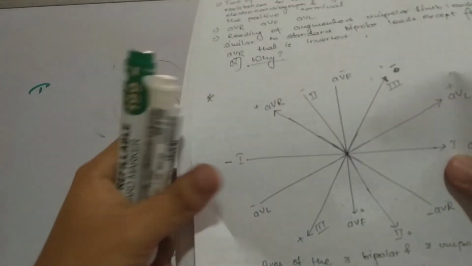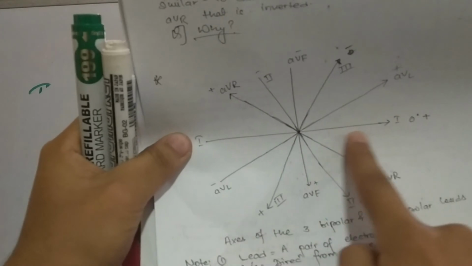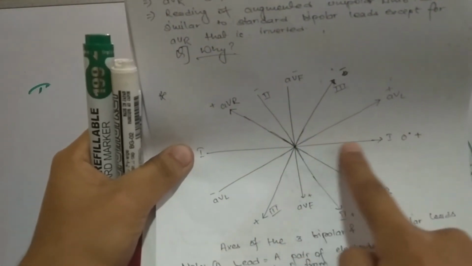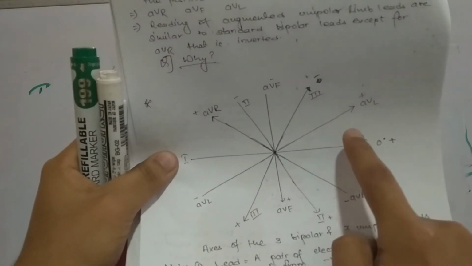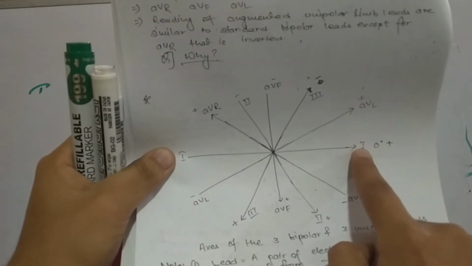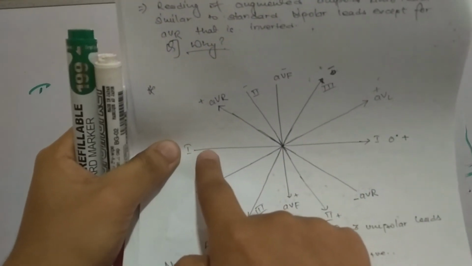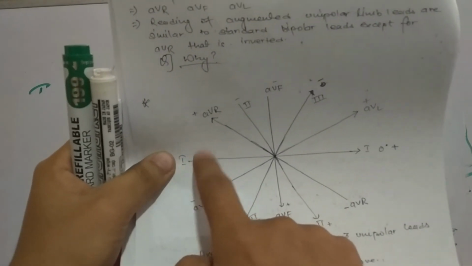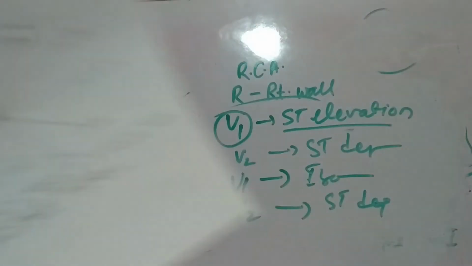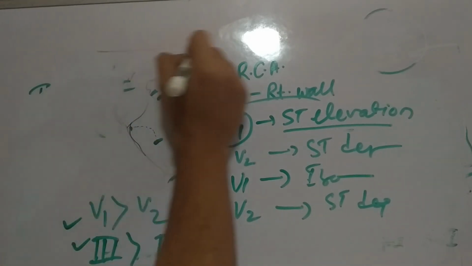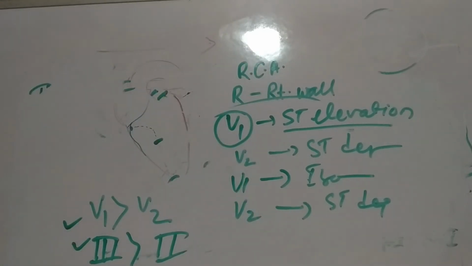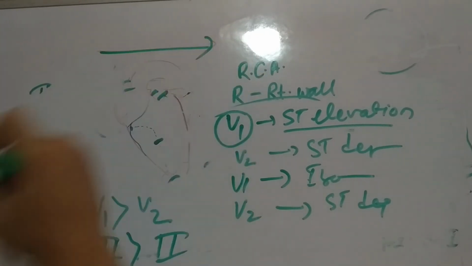So you see here, this is lead 1. In lead 1, if there is any pathology on this side, it will be a positive deflection in lead 1, but in the right side, there is the right heart, so pathology is here, so it will have a negative deflection in lead 1. What I mean to say is that lead 1 is basically in this direction,